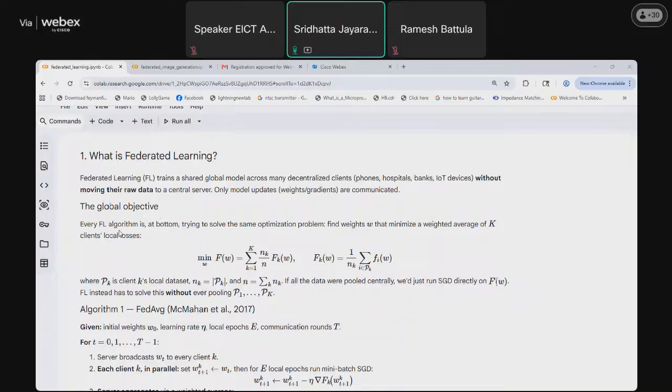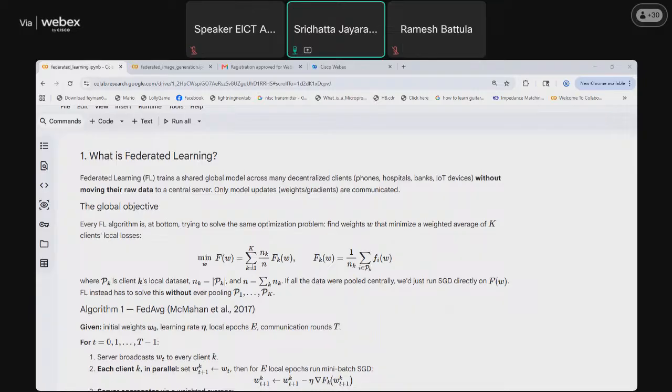So to begin with, the objective function is defined for this. There are two objectives basically. One is the overall objective. The overall objective of federated learning is to make the central server learn from the learnings of the clients.